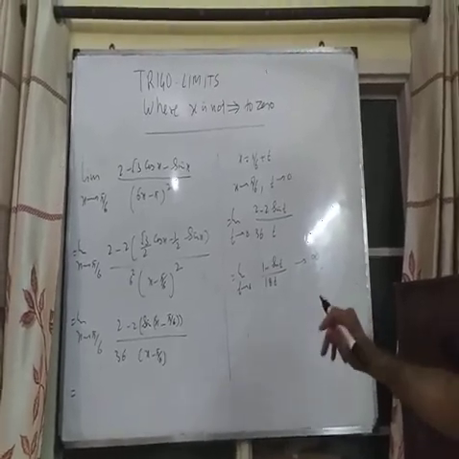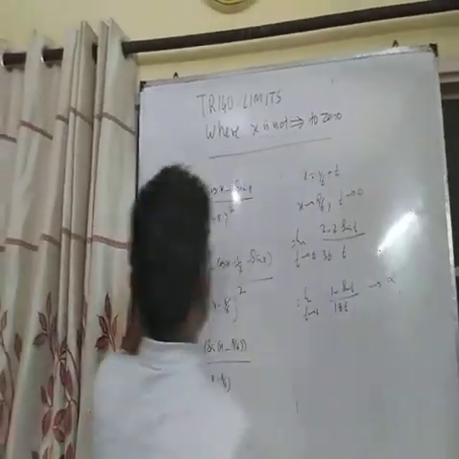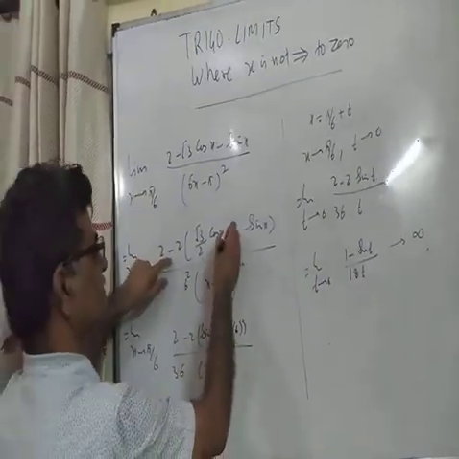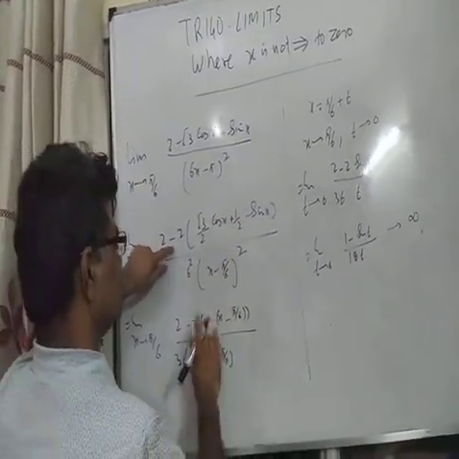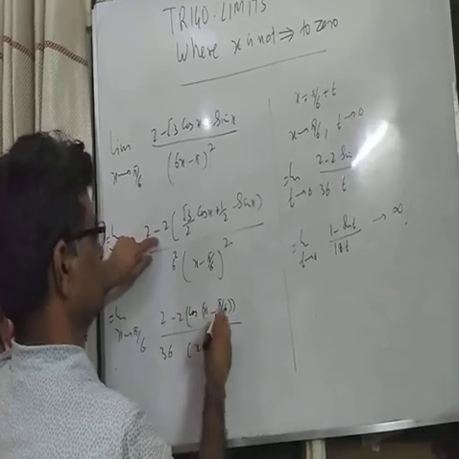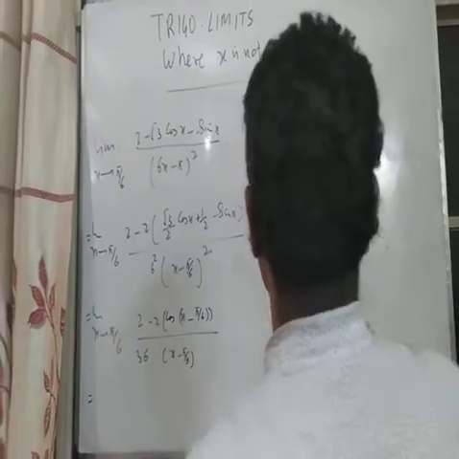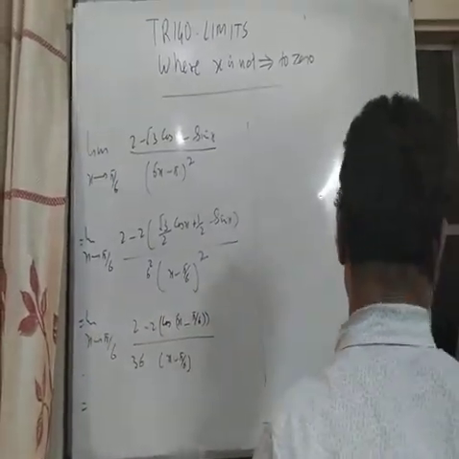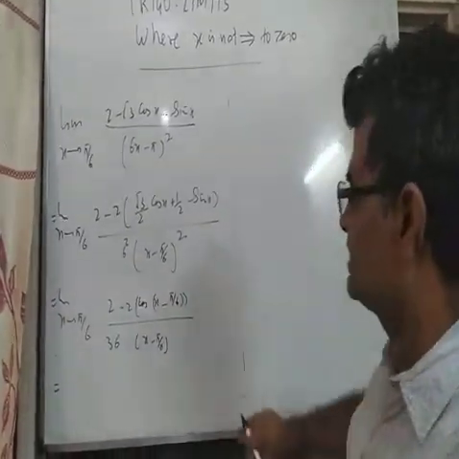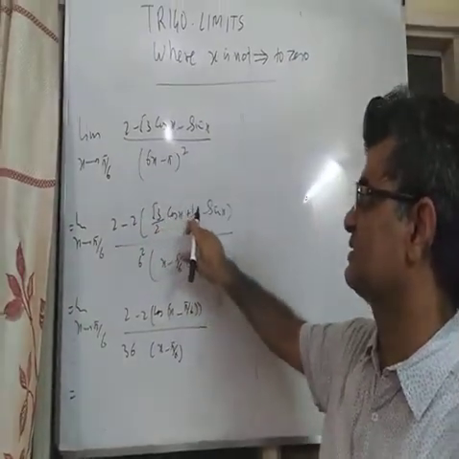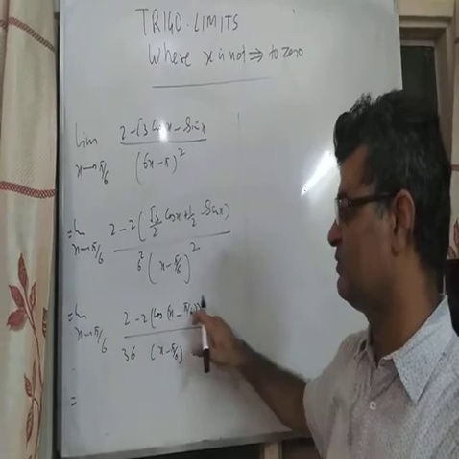And I think I have done some mistake here, here both are minus. When we are taking minus sign, then this will become plus. When this will become plus, then this will become cos x minus pi by 6. So this was a mistake I have committed. So I am just going through this again. Because when we are taking minus sign, then root 3 by 2 cos x plus 1 by 2 sin x. Now this is the formula of this.